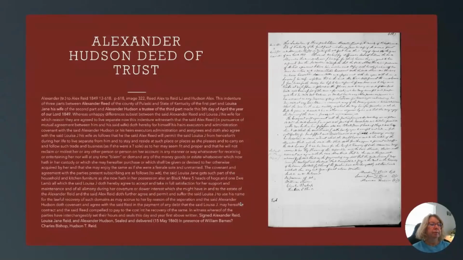She wants nothing to do with them. Alexander Hudson is their facilitator based on this record. So this was an 1860 record. If Alexander Hudson is a representative for Louisa Jane Reed, she's probably related to him. So again, a couple more people that we need to research. Maybe we can find a marriage record for Alexander Reed and Louisa Jane Reed to see if Louisa Jane is related to Alexander Hudson. So another clue for our